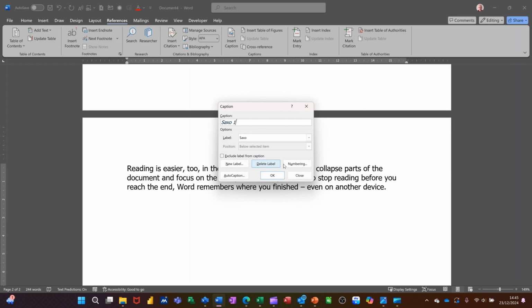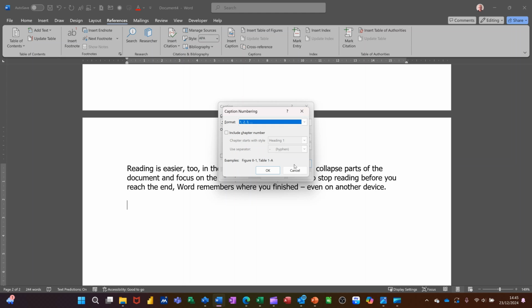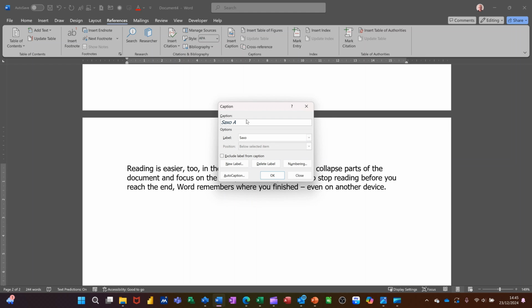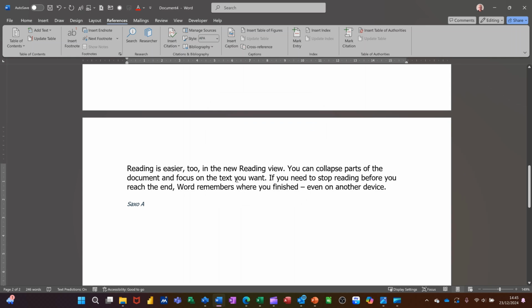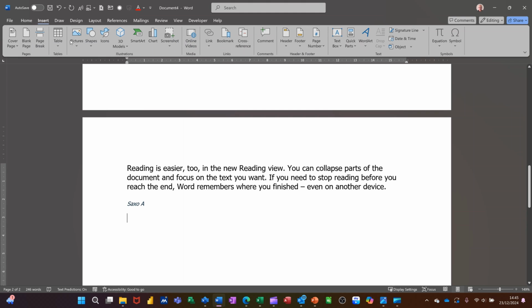So you can change the numbering or do the numbering. I'll go ABC actually. Okay, so Saxo A, and you can delete the older ones if you want, if you don't want that label, but I do want that one, so I'm going to click OK, and it automatically puts it there. Now I haven't got anything for it to look at, but if I insert a picture there,